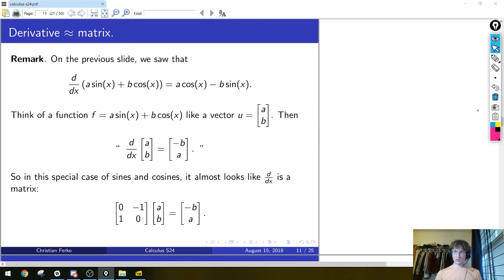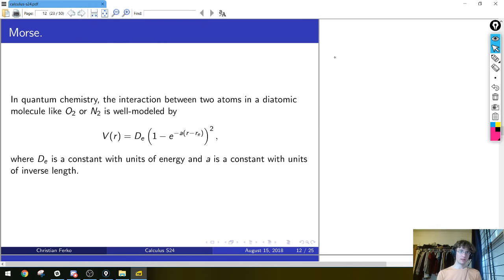Okay, more. Finally. I usually do a preview at the beginning, or I've been trying to do a preview at the beginning with interesting stuff, so now I'm baking the preview into Act 1. So this is a very common model in chemistry for a diatomic molecule. So anything like O2, for instance, two oxygens. I'm drawing them as being connected by a spring, but I really mean not a spring, I mean the bond